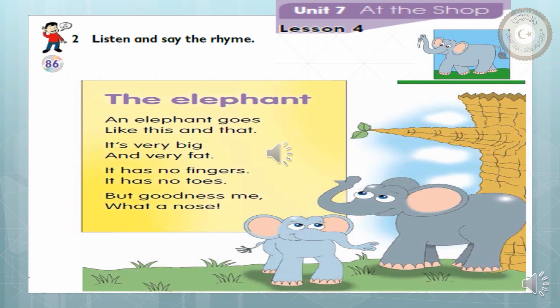going to The listen elephant first goes and say like the rhyme. this Listen and that. and Say the rhyme. So what is the title of the It's rhyme? very big The elephant. Look at here. and The elephant. very fat. Now, look at this picture. Here we have It the has mother no fingers. and the baby elephant. The It mother has and no the baby toes. elephant. Now, let us start But reading first, goodness and then we are me, going to listen. what a nose! An elephant goes like this, and